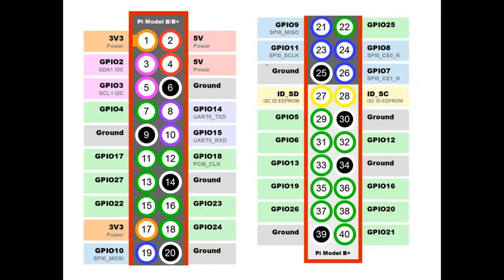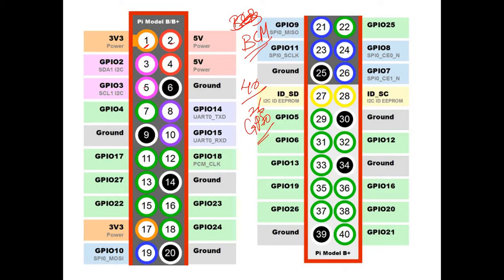Now the second convention is BCM, sorry, BCM. This is the second convention. Out of 40 pins, only 26 pins can be used as GPIO pins. As you can see, there are two numbers. One is the physical number, pin number 1, 2, 3, 4, and so on. And just on the left hand side and on the right hand side, we are able to see another numbering. Those numberings are called GPIO numberings. These pin numbers will be referred to by the second numbers when we are using BCM.